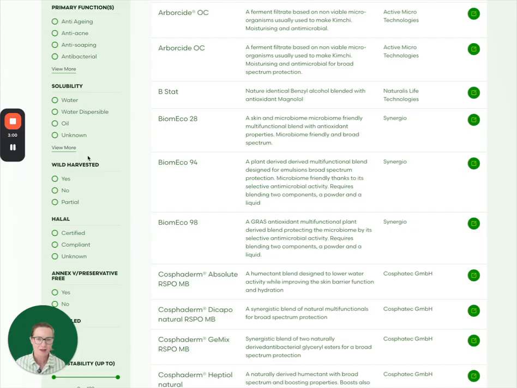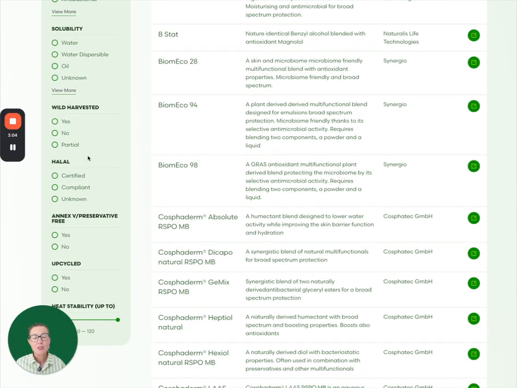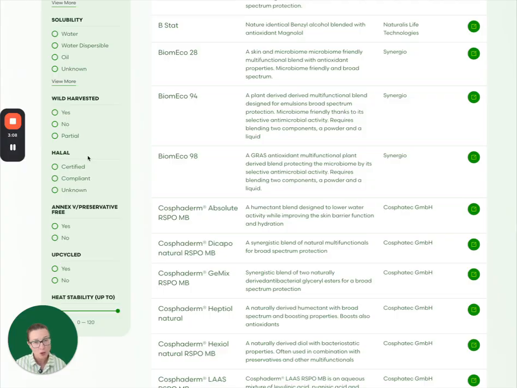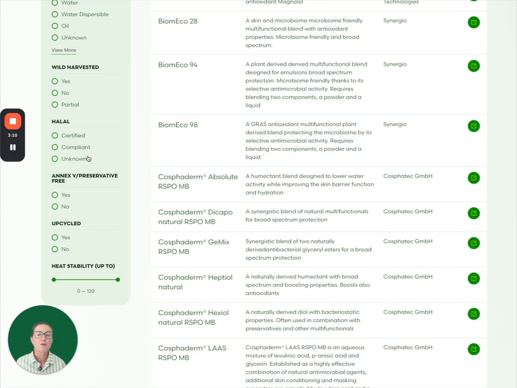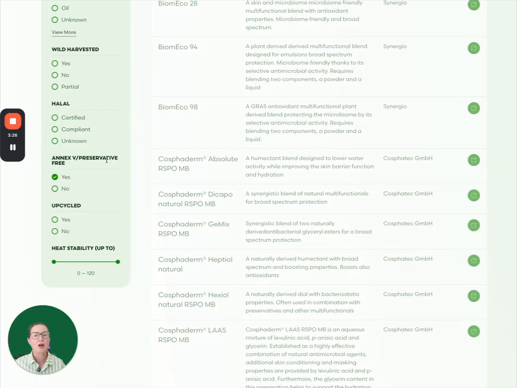Wild harvested, halal, if certified or compliant, if it is a traditional preservative or not, because obviously I've included traditional preservatives in the platform, and upcycled, because it's the last filter I've introduced, and it's a very very big trend for formulators today. And obviously finally the heat stability. But let's say you want an Annex 5 free